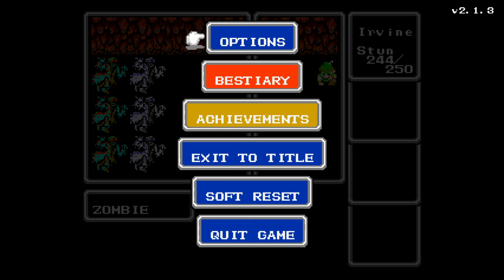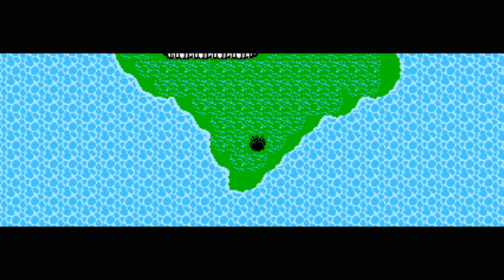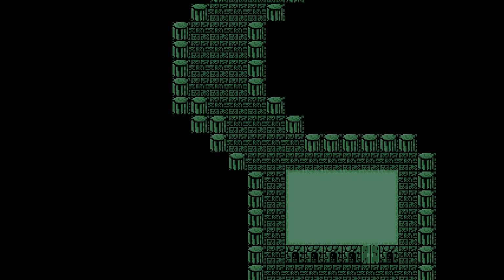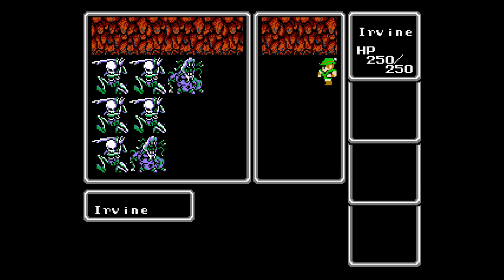We're probably just going to die on turn one. Okay, good start. It's Marsh Cave. I'll just talk while I walk. Walk and talk. Given that you can just craft them...